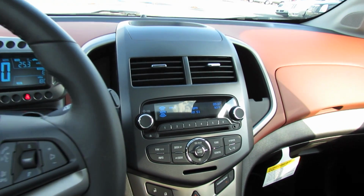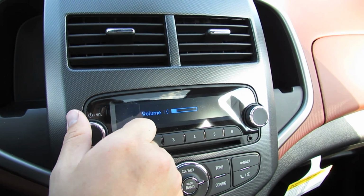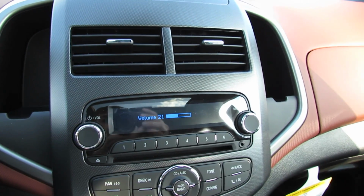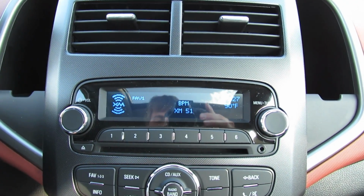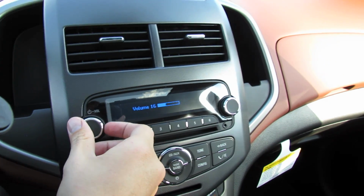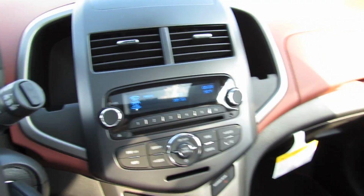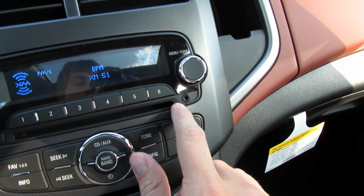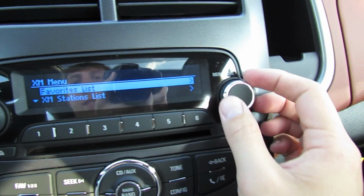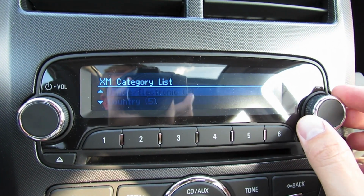Standard 6-speaker audio system with in-dash CD player and standard XM satellite radio. Impressive audio quality, a plentiful amount of bass response, pretty nice for the standard system in a smaller vehicle. Your auxiliary inputs located here, your preset stations, activation of your menu here, go between your favorites, selection of your category,